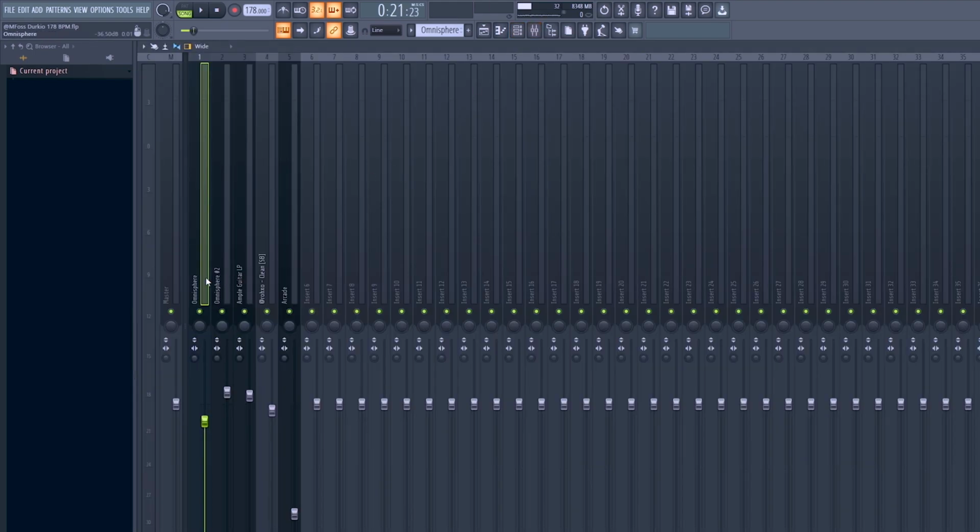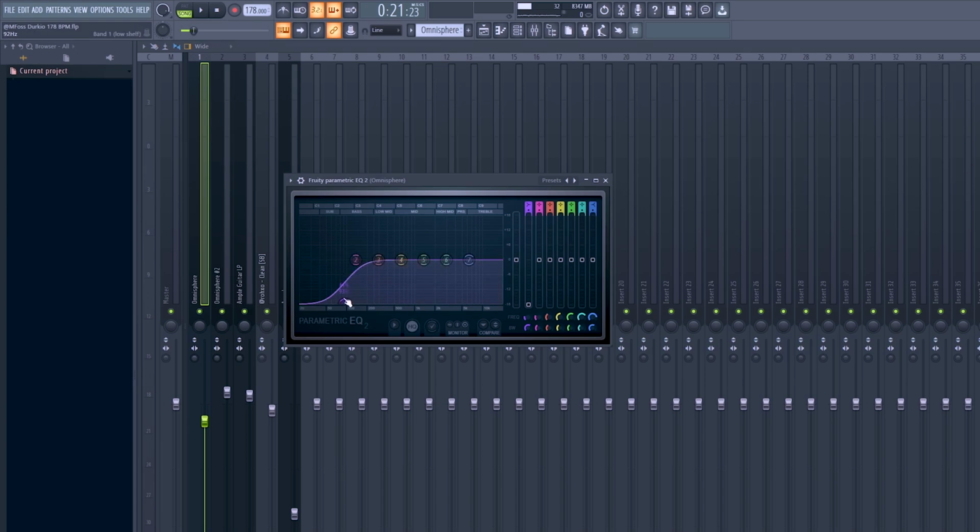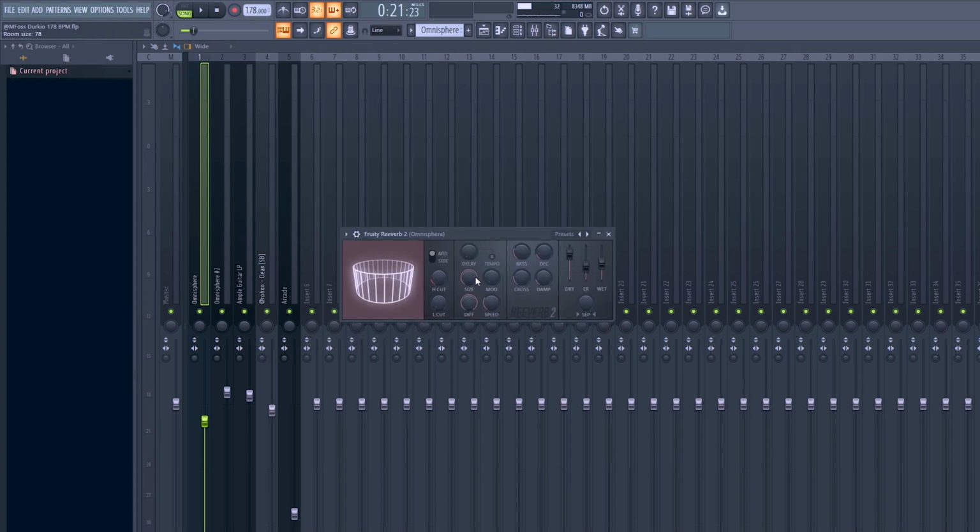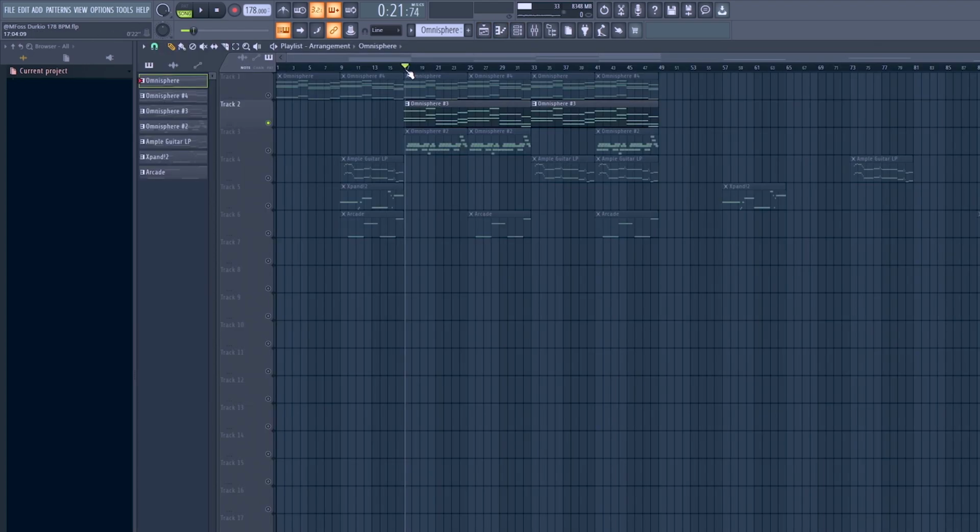And for the effects, I turned the volume down a little bit, added some EQ for the low end, and some size up on the reverb here. Not so much, super simple, just EQ and reverb. And yeah, next thing I added was